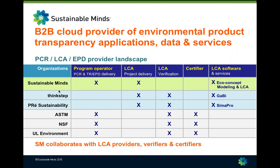So Sustainable Minds is a mission-based company. We're a for-profit mission-based company. And our mission is to operationalize environmental performance into mainstream product development and manufacturing in a credible and understandable way. So when we decided to get into helping manufacturers market their greener and also healthier products, we became a program operator so that we could create a program that enabled the market to create product category rules and Type 3 environmental declarations that were simpler and more standardized, and ultimately to kind of make it possible for the industry to see a path forward to get on the same page,